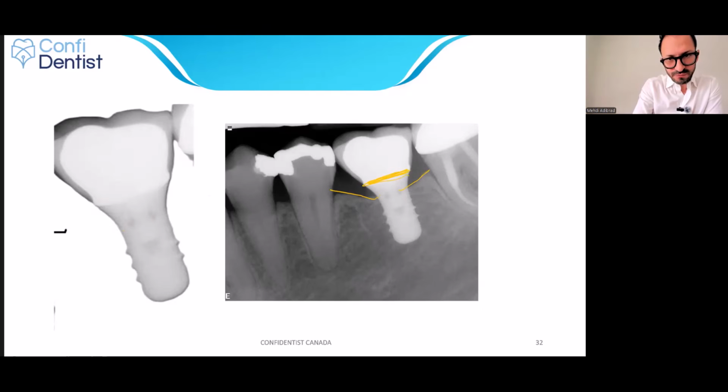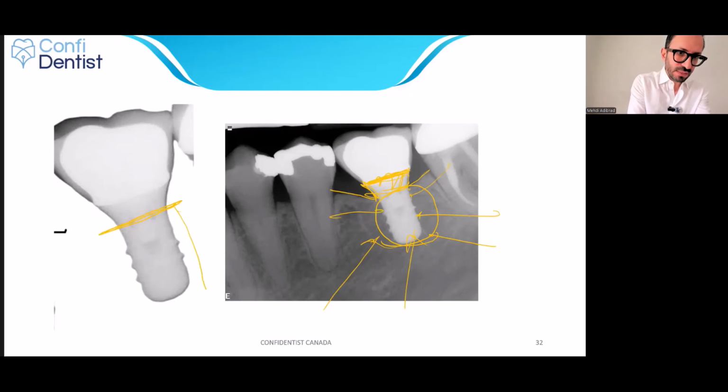My prosthetic platform, smooth scalar, and the implant fixture with surface treatment, which should be placed inside the bone. One more time, this part of the implant fixture is inside the bone, this part of the implant fixture is inside the soft tissue, and the rest is the crown, which is inside the oral cavity. Okay,